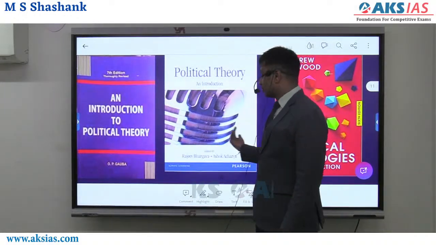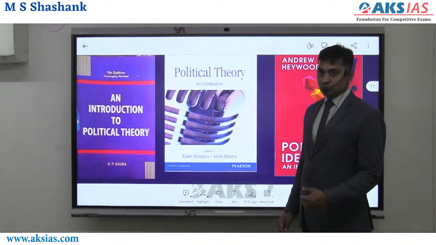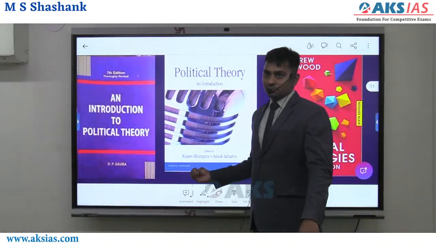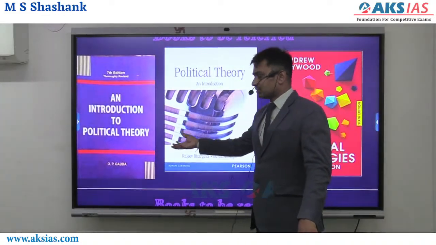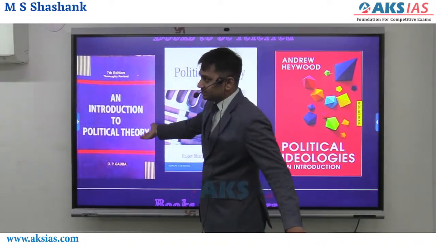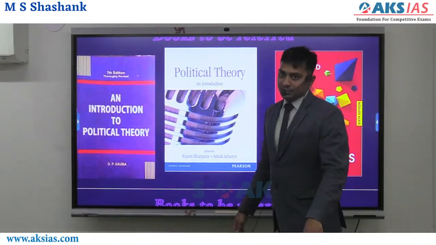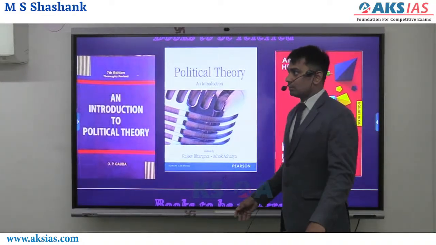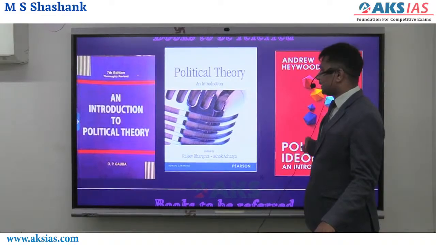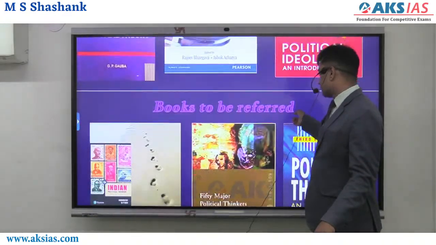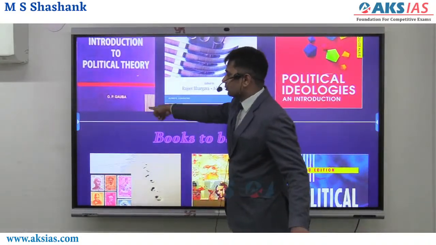Then as we go one by one, the standard of the books increases and the language becomes complex, but they still have some vital things. This is about political theory. Again, there will be a reiteration of these things, so you can prefer this after completing the earlier one if you want. Next, for political ideologies, the 7th or 8th chapter, this is Political Ideologies: An Introduction by Andrew Heywood. The same person has written a book on political theory. So these three books carry political theory, and it is better to go with them.